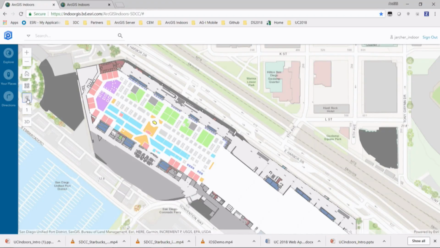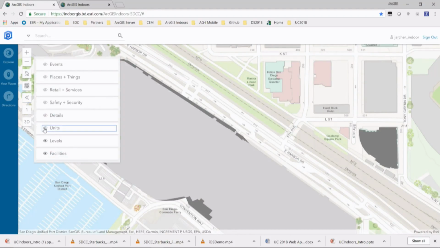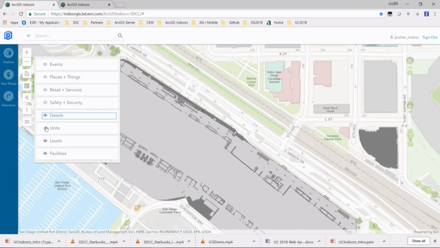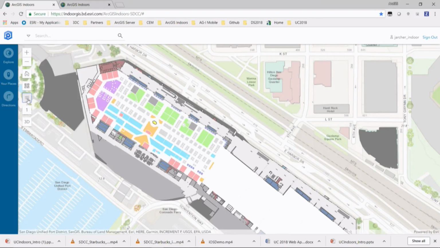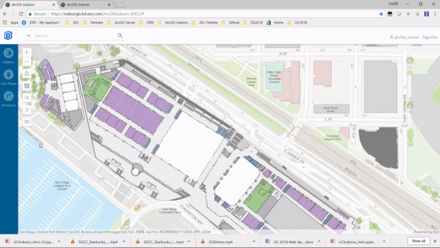We can also see things like we can turn layers on and off. So we can turn the details and the units off, and you can see those things come back on when I turn that layer on. Kind of basic functionality, but now we're starting to get into more interesting indoor stuff. I can change which floor I use. We don't have the range slider here in the web application, but we've engineered this floor picker, as we call it internally. So you can choose which floor you want to view in the application. Obviously that's pretty handy to have for an indoor application. You want to be able to, in some cases, see one floor in one building and another floor in another building, and you'll be able to do that. So let's see here.